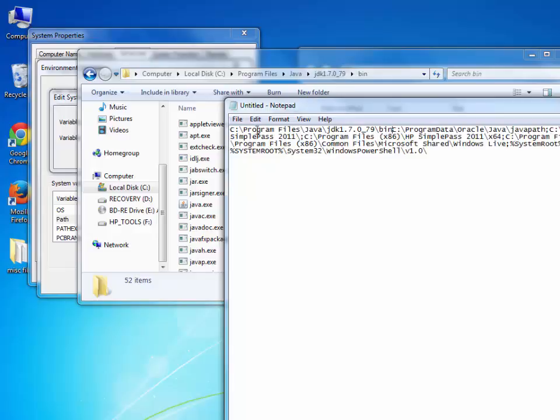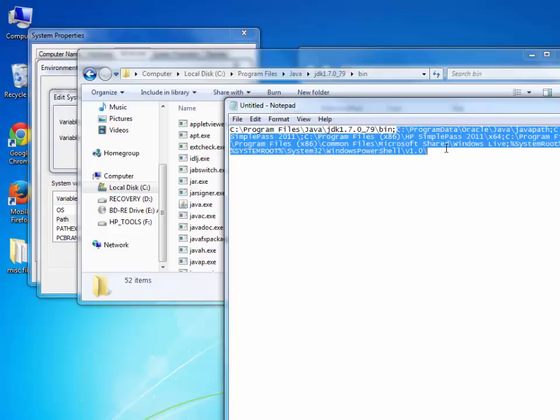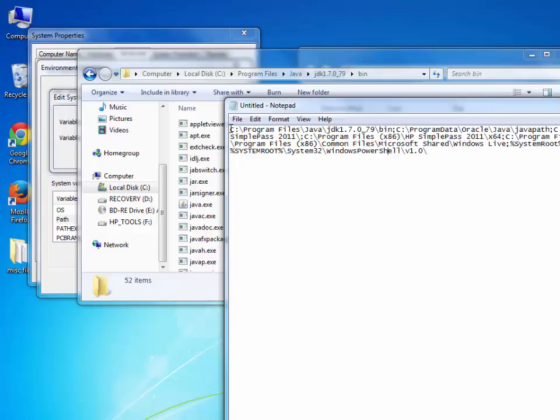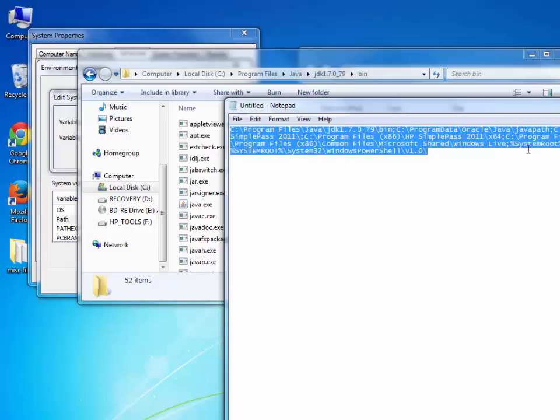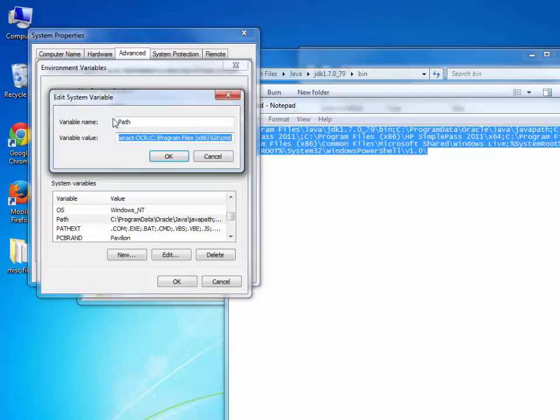And notice that after you put a directory, you need to, for Windows, separate it from the next directory with a semicolon. So what I've done here is I've taken this whole directory path to the bin directory and I've put it before the information that was already in path. And what I'm going to do now is, it's been easy to view it in Notepad, but I'm going to copy this and I'm going to go back to where I was editing the path system variable, get rid of what I had before, and then paste this in. And then as soon as I say OK,